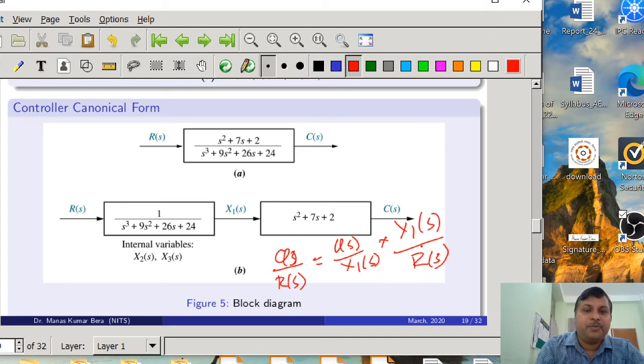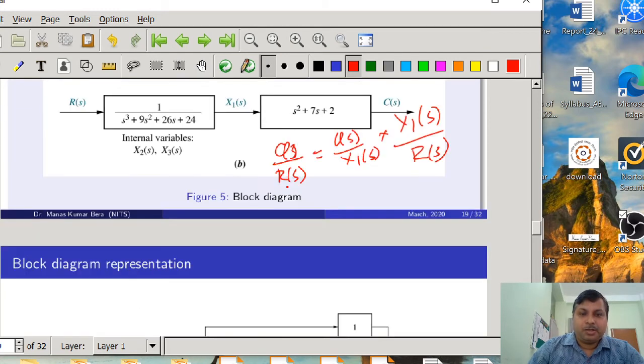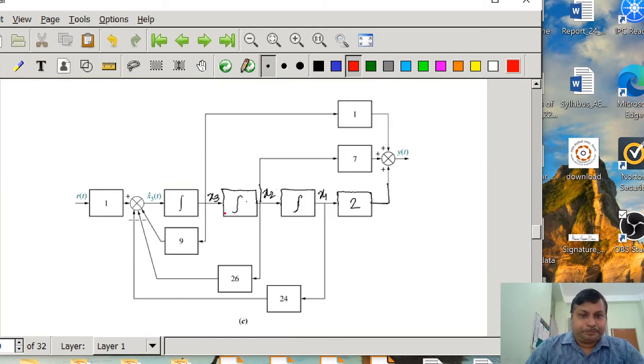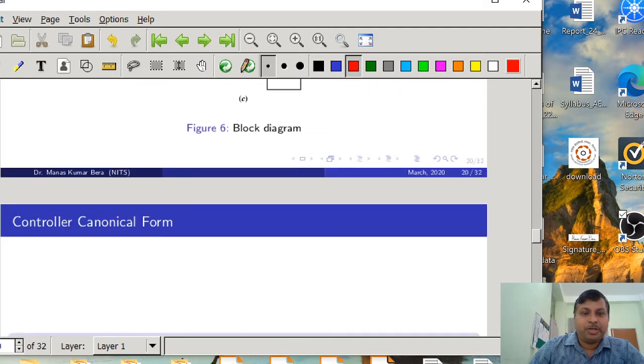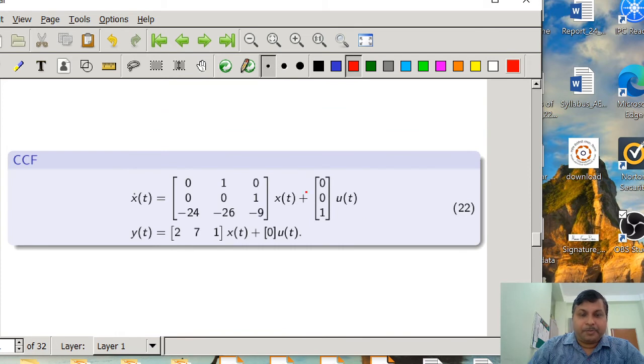Then from there we represent it in a block diagram, and after the block diagram we give the names of the state variables as the outputs of the integrators, that is x1, x2, x3, and from there we find the state equation and output equation,